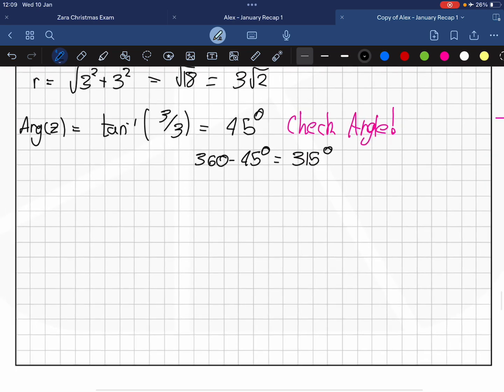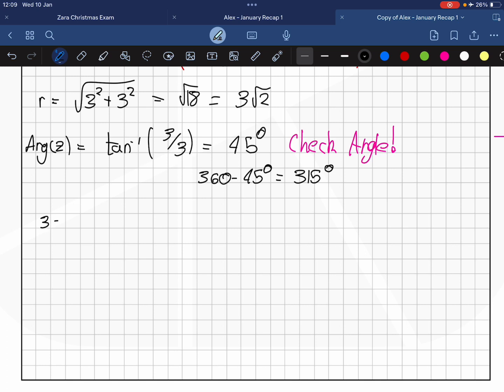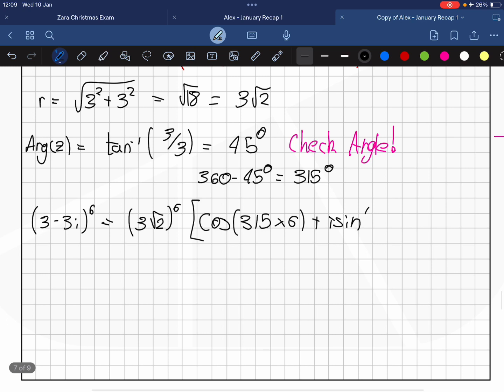So we can say that 3 minus 3i to the 6, using De Moivre's theorem, is equal to r to the n, so it's 3 root 2 to the power of 6, multiplied by the cosine of 315 times 6 plus i sine 315 times 6. And if we do that, what we end up having is 3 root 2 to the 6 is equal to